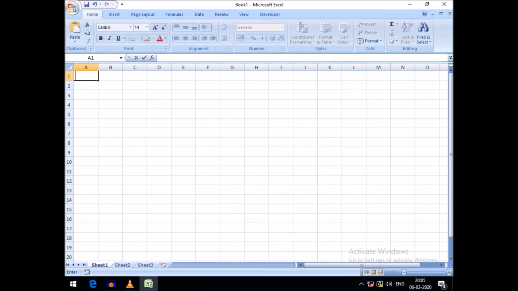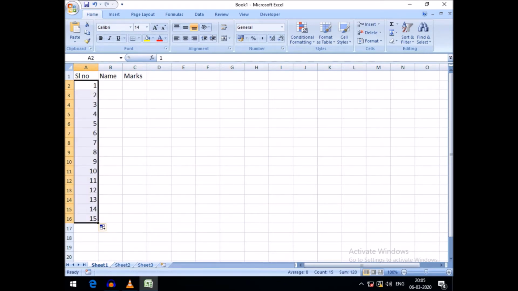So first of all, I am creating a sample database, say serial number, name, or anything, marks. Here I am giving a serial number. It can be an ID number like this, and name, any name. We can give a name like January,